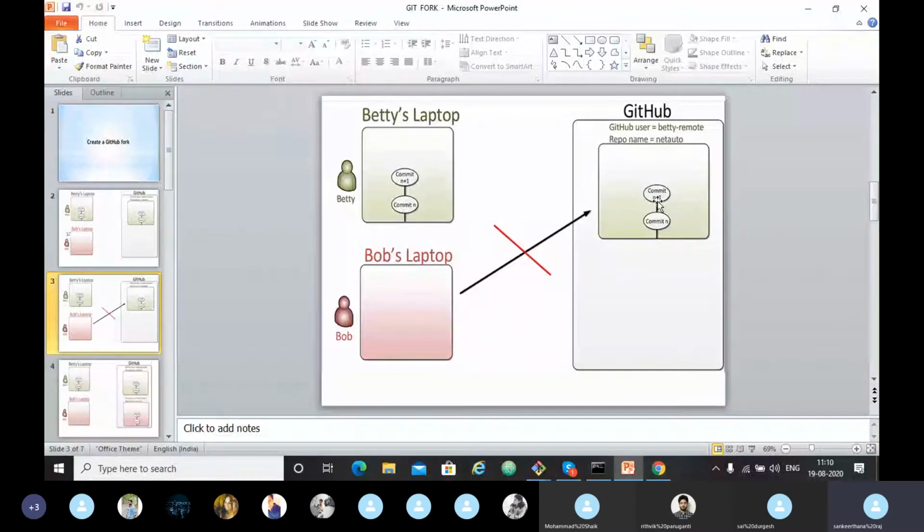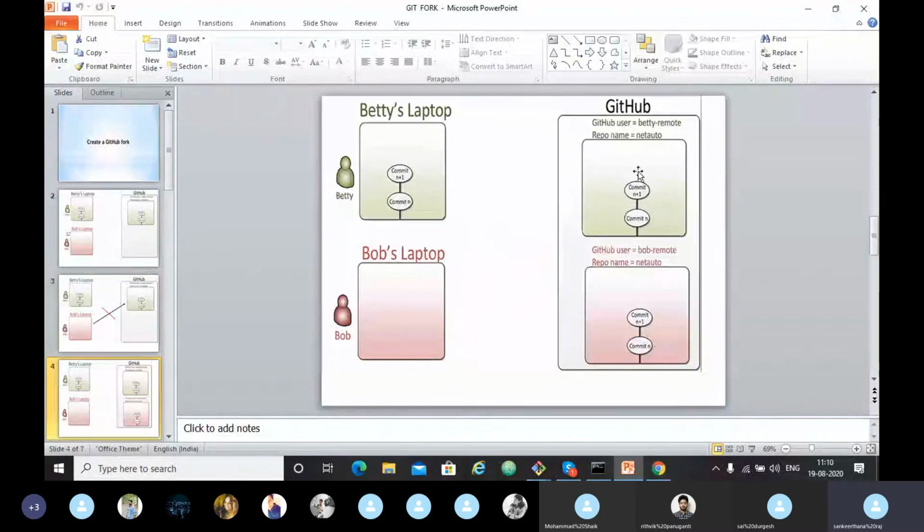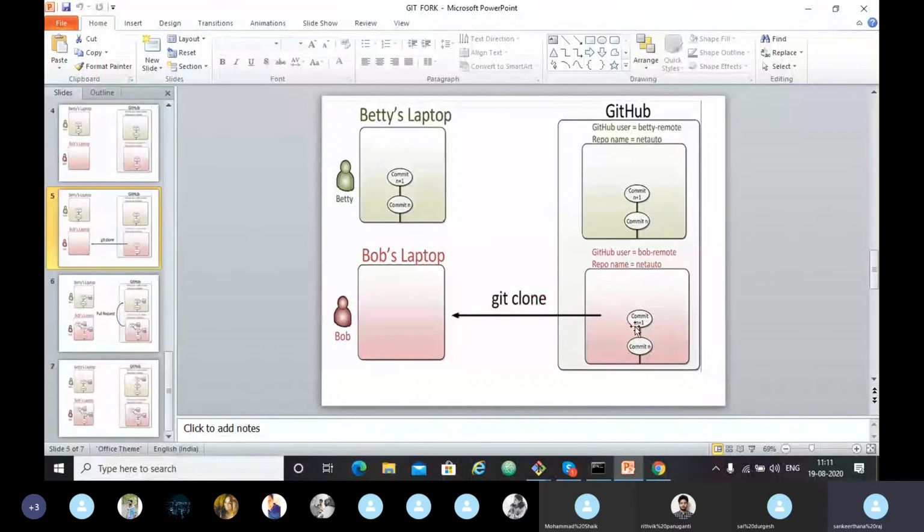After that, he can clone this repository to his local repository, or he can push anything, fetch anything from this fork. He can do anything he wants in this fork because it has access only to his local computer, not mine, right?